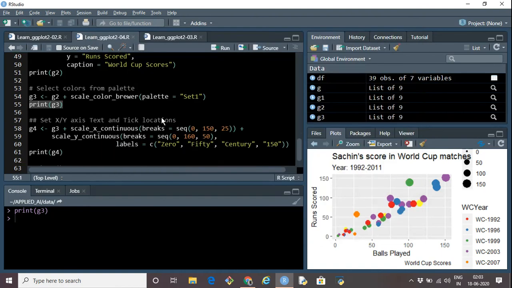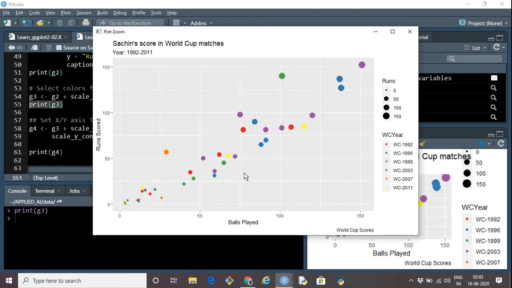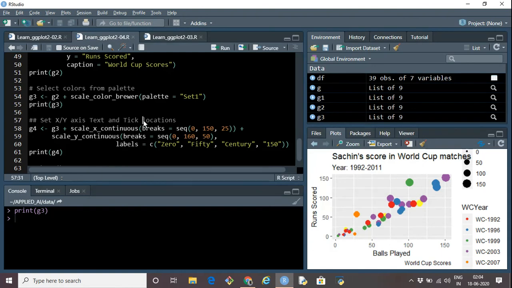Another thing that we can achieve is we can change the labels. If you see in this particular chart, on the x-axis, the balls played are at a distance of 0, 50, 100, and 150. Similarly, runs scored is again at the interval of 50. Now this interval we can change, and we can also create different labels for it. So let's see how we do this. We can do this using